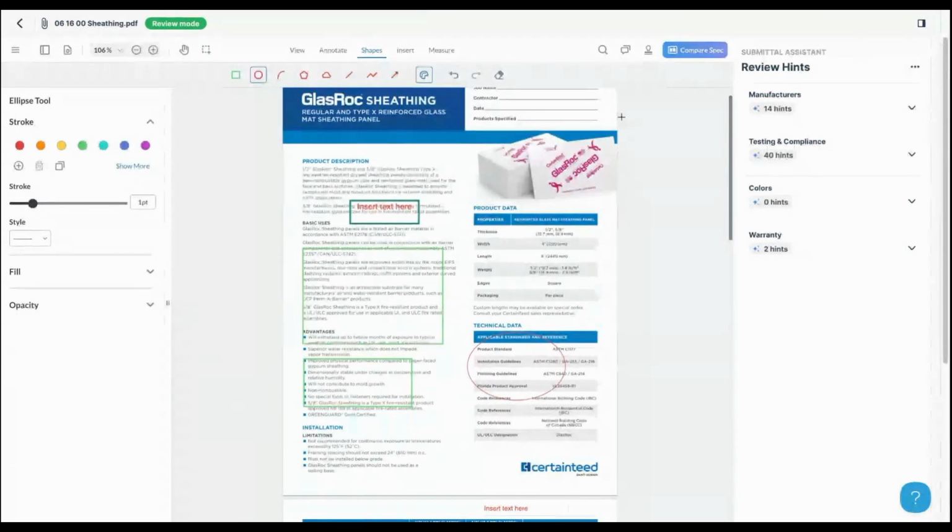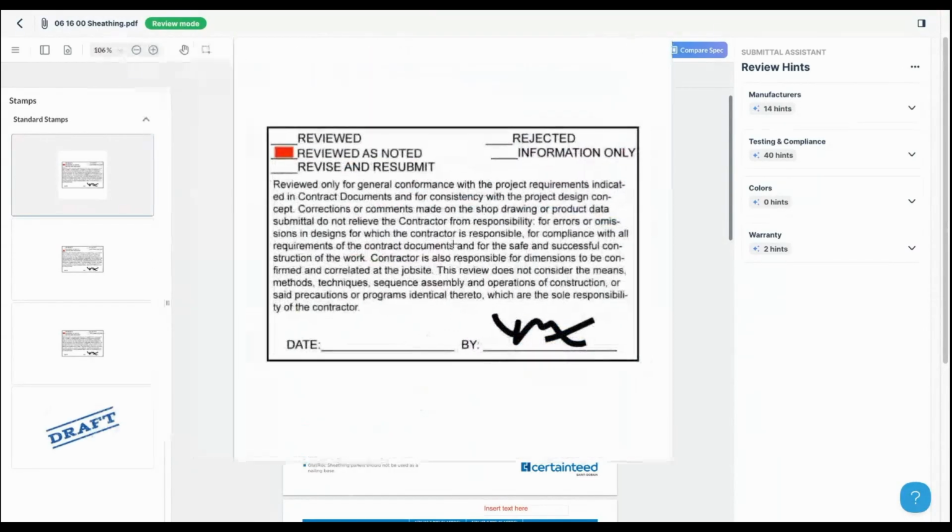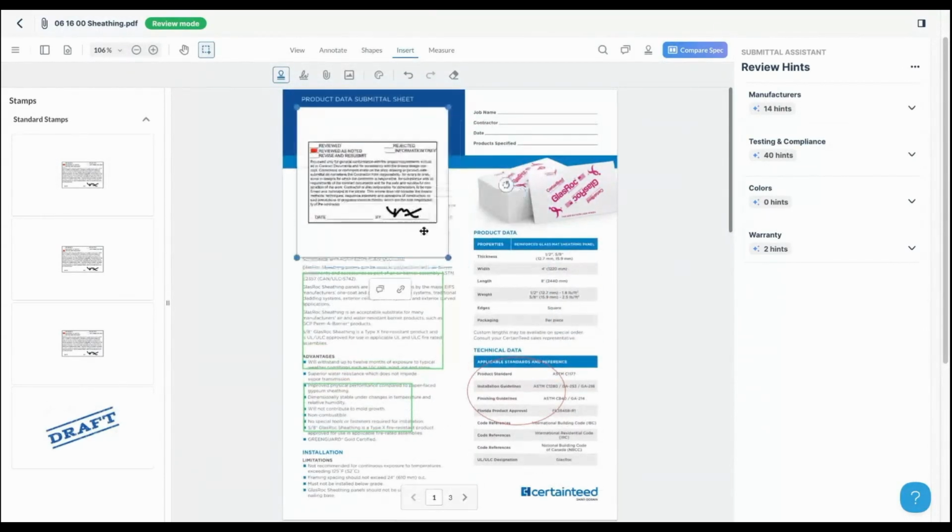You can also add your stamp as well to a submittal. And unfortunately, right now they're not dynamic, but our team is working on that. So what you need to do is add your stamp, and then you would add the text tool to input the date over top. And I'll just quickly show you how to add your stamp to your settings so that